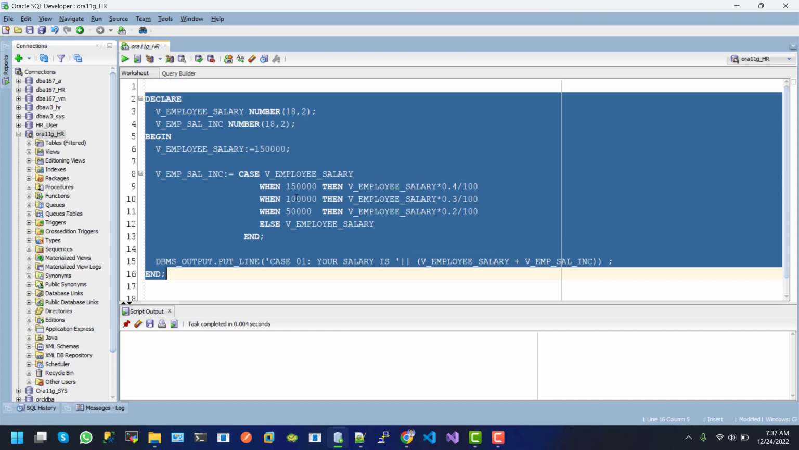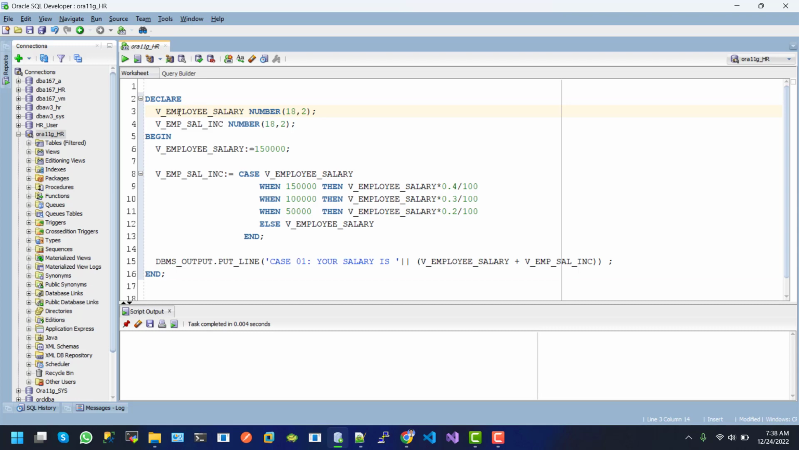So guys, here we can see two variables declared in the declare section: employee salary and employee salary increment, or inc. Inside the begin and end block, we can see the value of employee salary is assigned 1540, and in the next line we can see the increment salary variable, and here we can see the case statement,